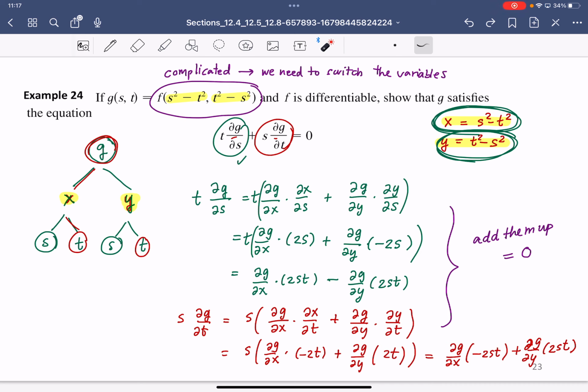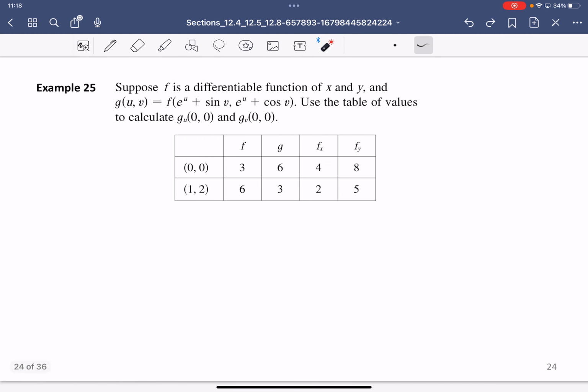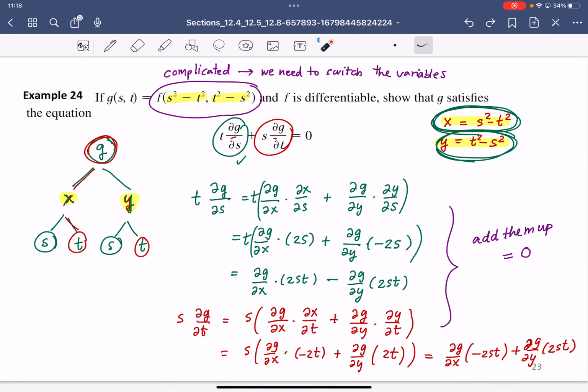All right, example next one, 25. You done? Not yet. 25 ครับ ได้ยัง